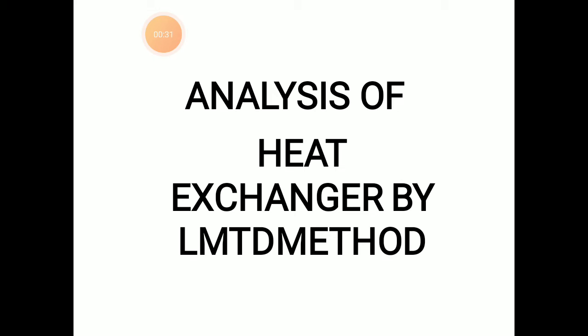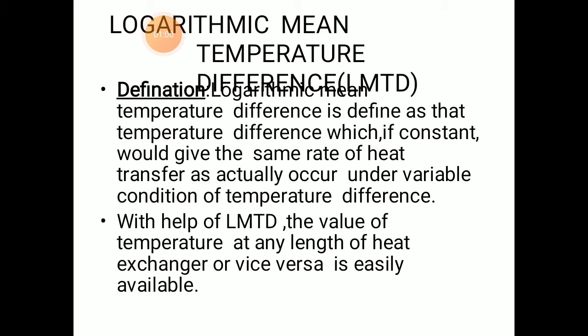So in the analysis of heat exchanger, for designing or predicting the performance of heat exchanger, it is necessary that total heat transfer may be related with its governing parameters. That is, we already have learned Q is equal to UA delta T, right? So these are the governing parameters. First one, overall heat transfer coefficient. Second, total surface area of heat exchanger, and inlet and outlet temperature.